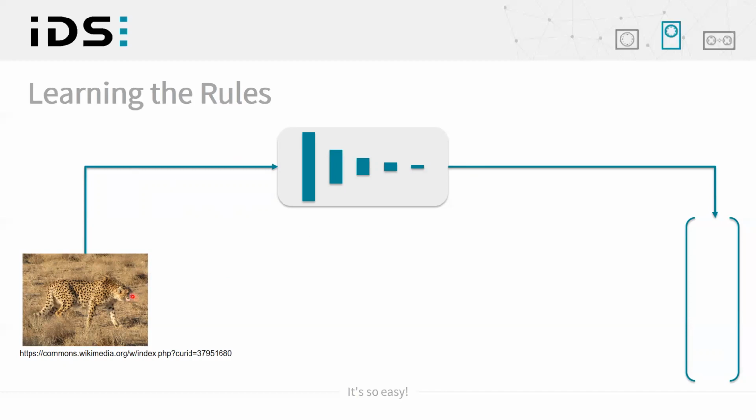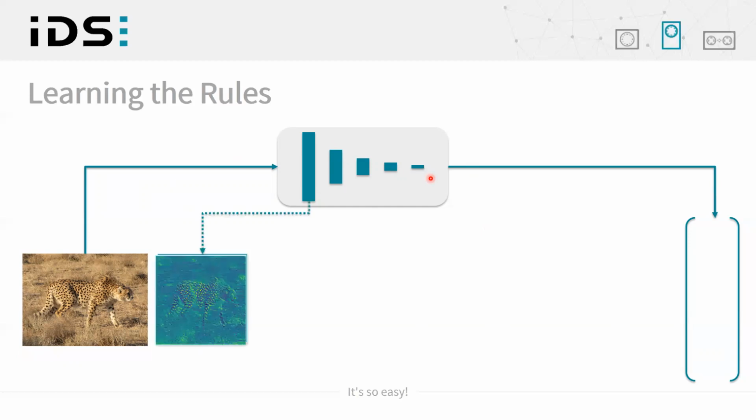So let's just imagine we put this image of a cheetah inside the feature extraction, which consists of several stacked layers of image filters. Now each filter is specialized during the training to extract a certain feature from this image, and each filter produces a so-called feature map, like you can see here. Each of these feature maps shows the spots in the image where a feature was found, like in yellow. Probably this example here is of a filter concentrated on the black spots of the fur of the cheetah.